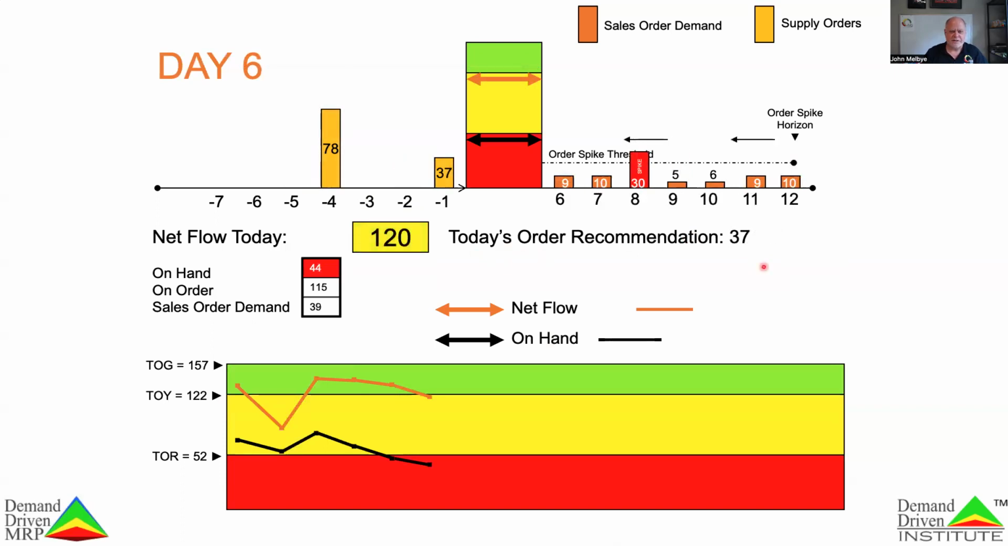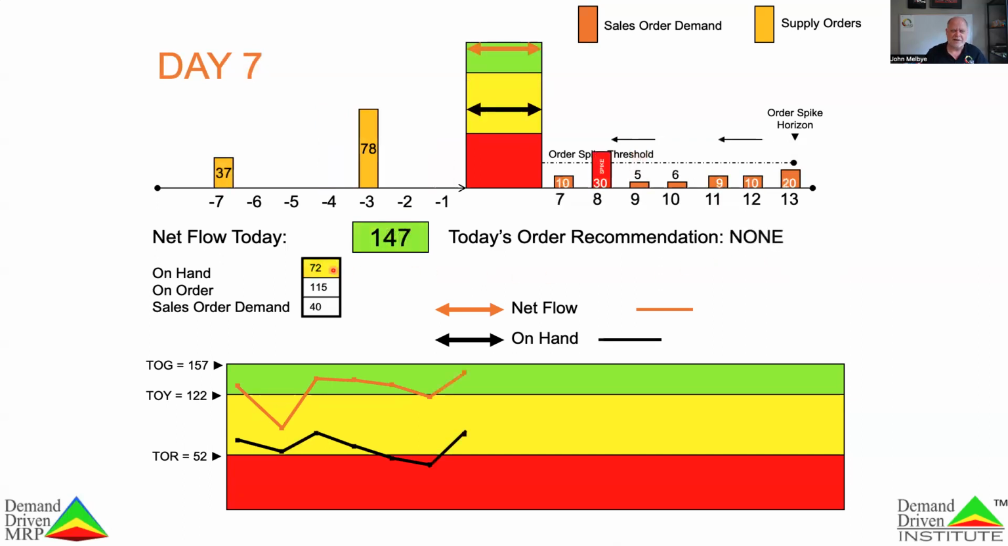Day six, our on hand is getting down into the red from a planning perspective. So 44, still on order at 115, sales order demand of 39 because we have 9 due today and our spike of 30. Our net flow is in the yellow, so we're going to place an order for 37. And then today,